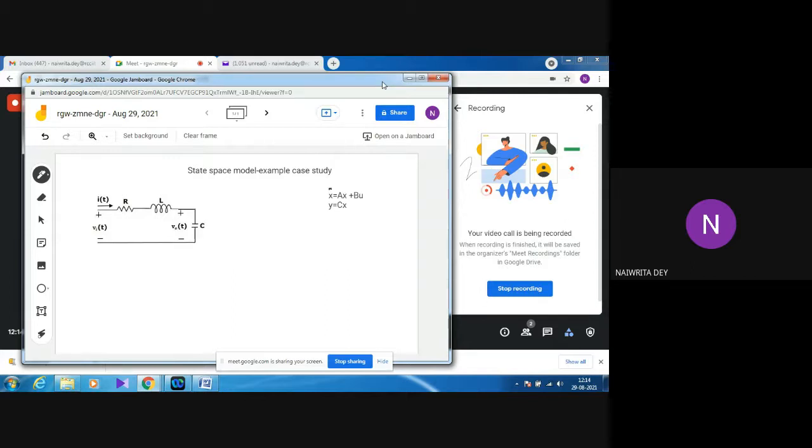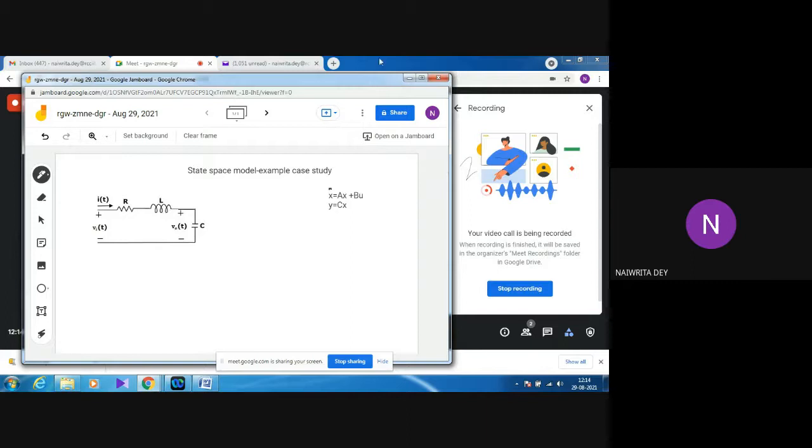In case of transfer function, we need to take certain assumptions, such as the system has to be a single input single output system, with zero initial condition, and it should be a linear time invariant system. But in case of state space model, we don't have any kind of reservations and restrictions like that. Any kind of system, either a linear system or a non-linear system, time varying system, time invariant system, any kind of system with higher order, even with higher order system, we can model the same.